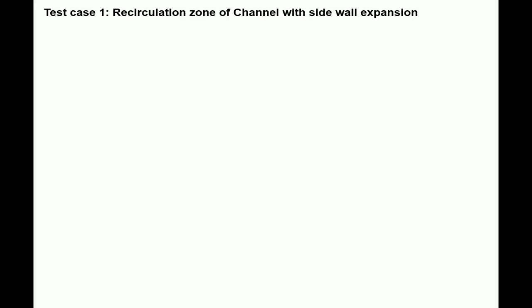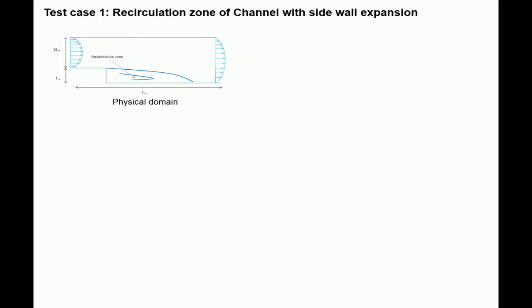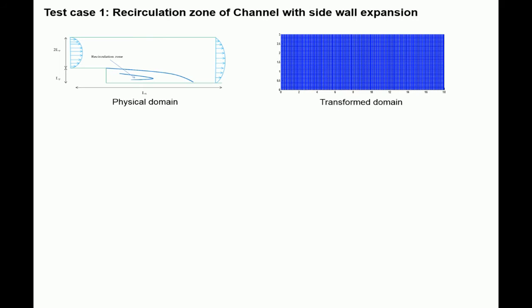Now I want to show you some test cases. The first test case is the recirculation zone of channel with sidewall expansion. Here, the length of channel is 18 meters, and the width of channel is 2 meters before the step or sidewall expansion, and then the width of channel becomes 3 meters after the step. By moving particle and flow to the downstream of channel, we should have one recirculation zone here, and I want to simulate it. So we can map the physical domain onto a transform domain, and